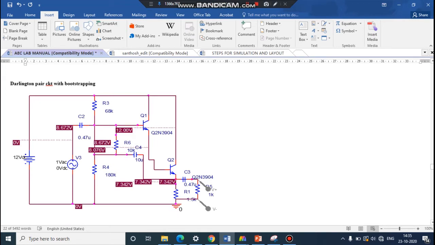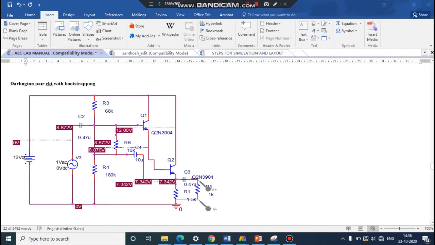So what happens is a portion of voltage is fed back at this point in order to reduce the amount of current flow to the base of the first transistor, thereby helping in reducing the instability, or thereby helping in reducing the distortions and getting a perfect output.